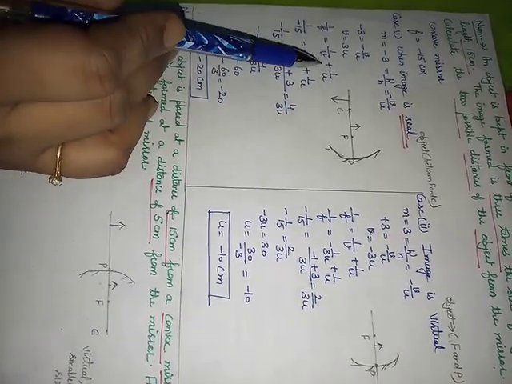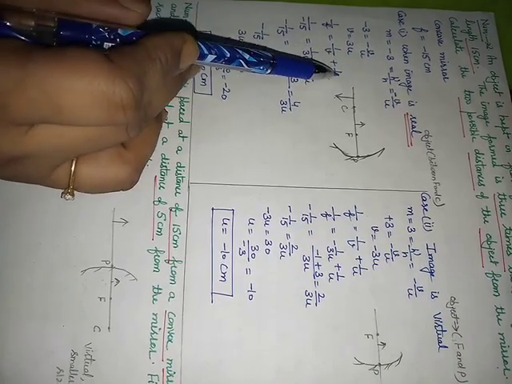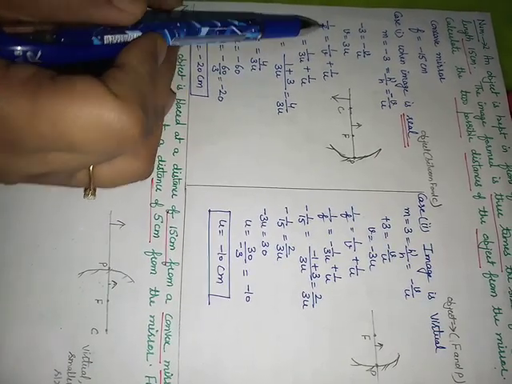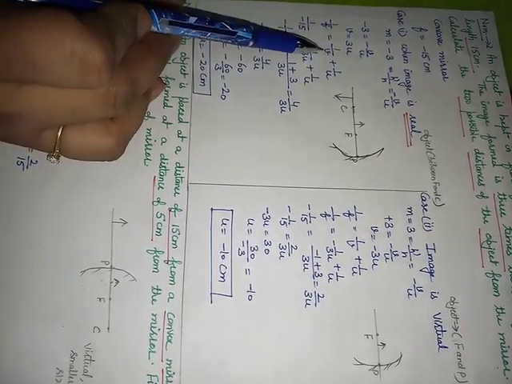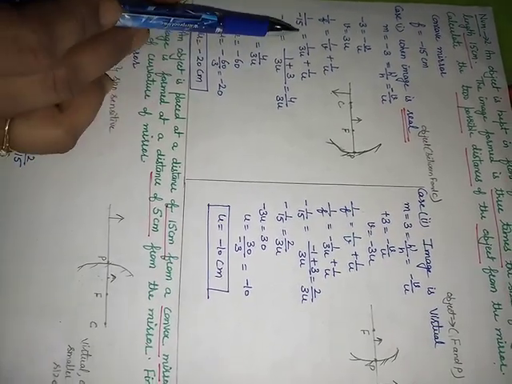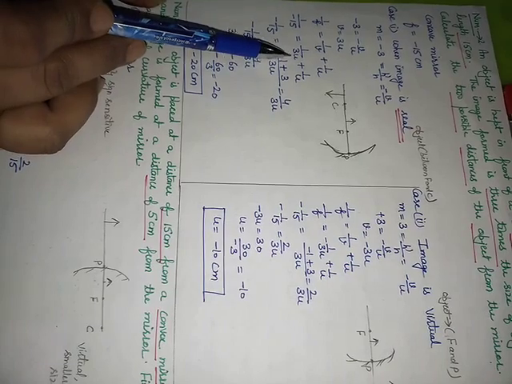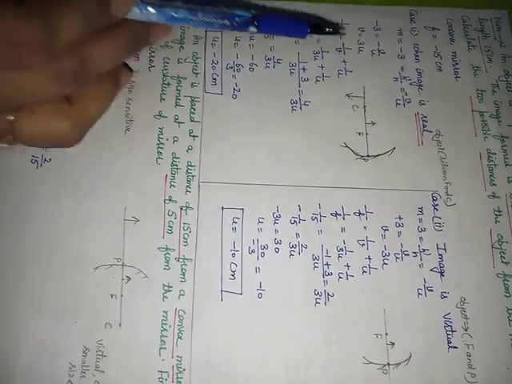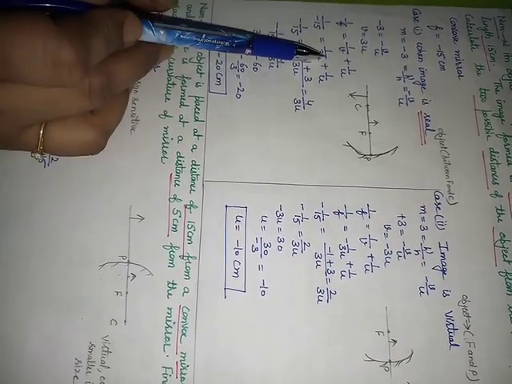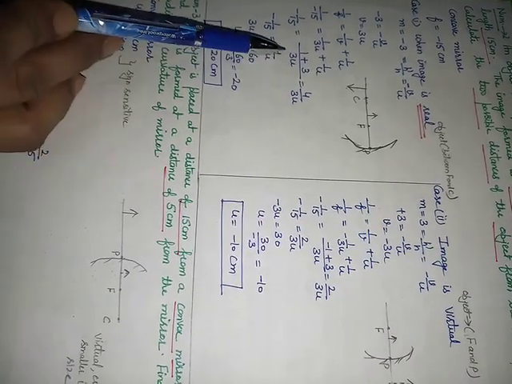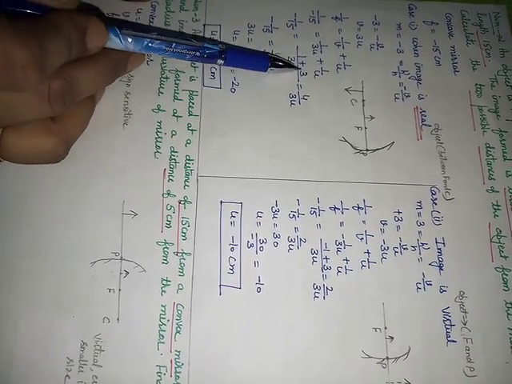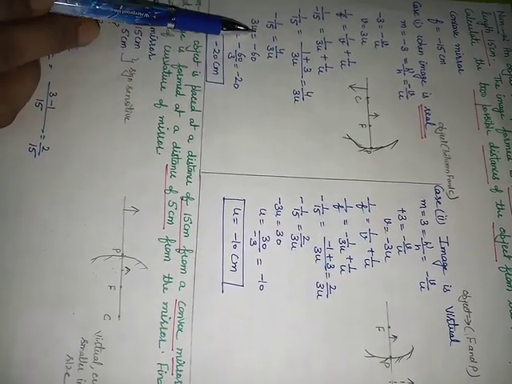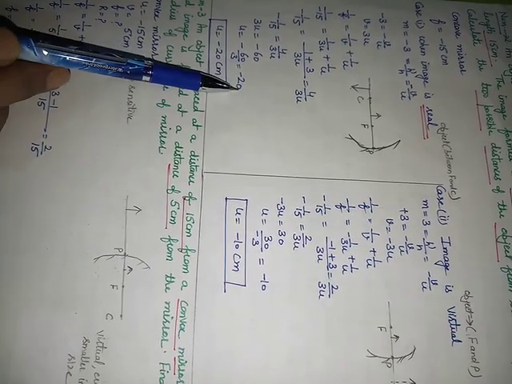And we will use mirror formula, 1 upon f is equal to 1 upon v plus 1 upon u. In this case, v is not given, f is given and u is asked. So we will replace v in terms of u, so that we are left with one known quantity and only one unknown quantity. So put value of v as 3u in this and solve. So 1 upon minus 15 will be 1 upon 3u plus 1 upon u. LCM 3u. So 1 plus 3, that is 4 upon 3u. So minus 1 upon 15 is 4 upon 3u. When you will solve it, u is minus 20 centimeter.